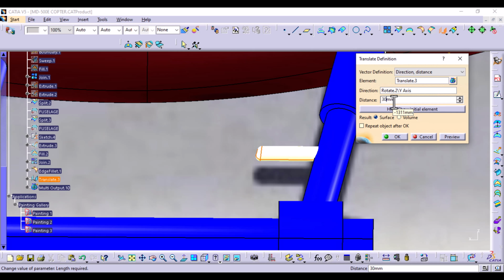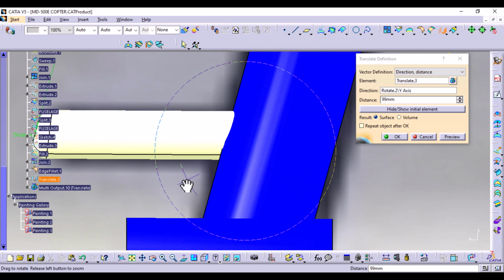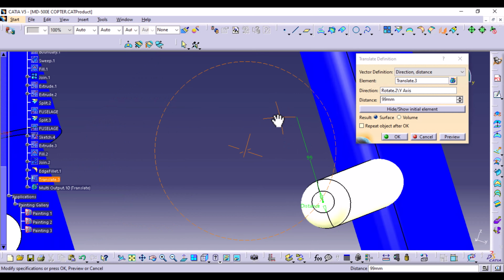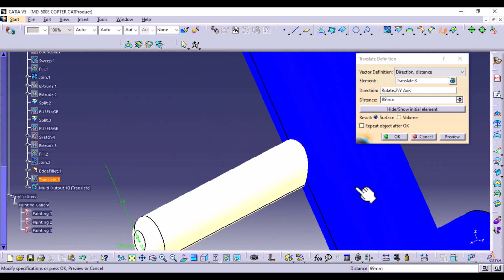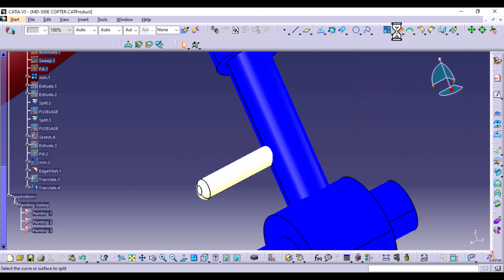You can start with 30. Hide initial element so that you can position it right there. Make sure it's completely intersecting with this element. Then select OK. And then just split